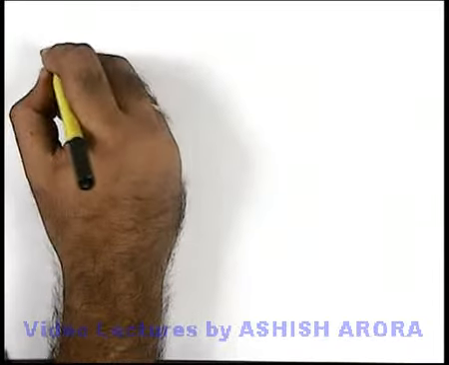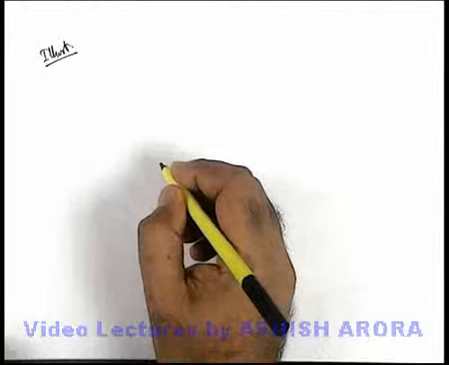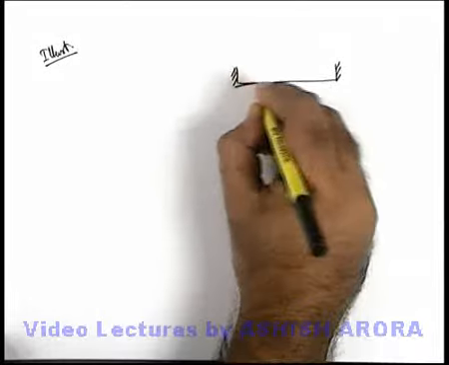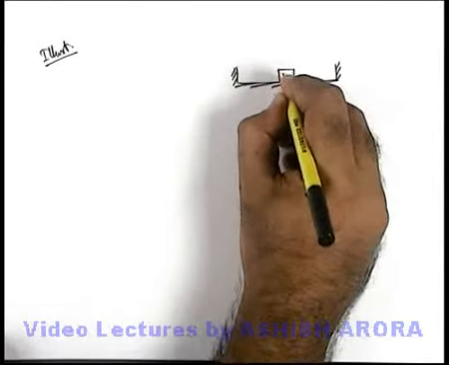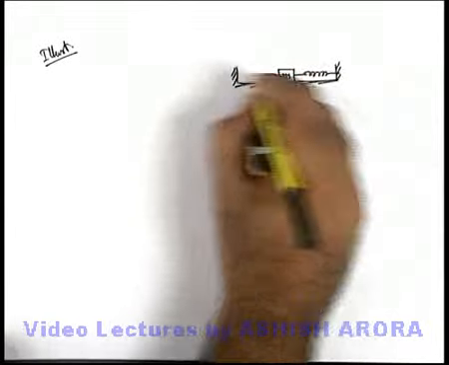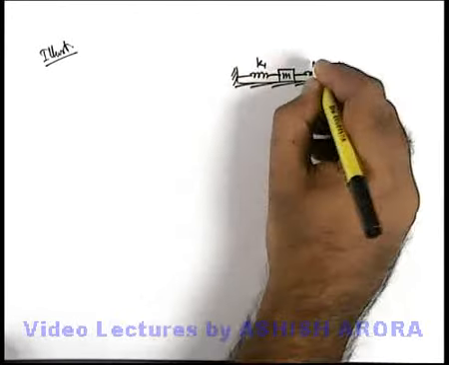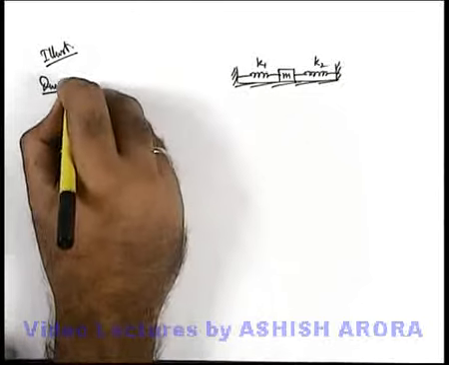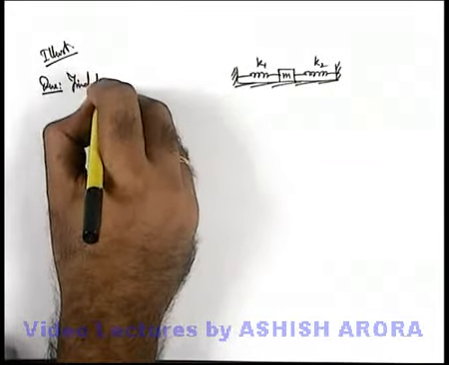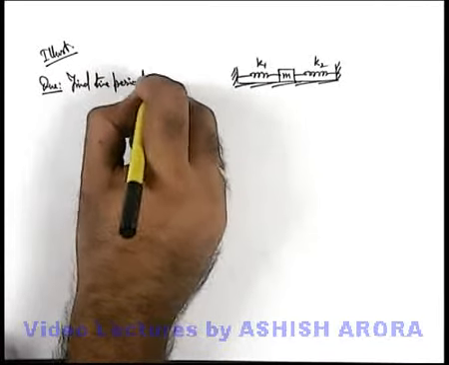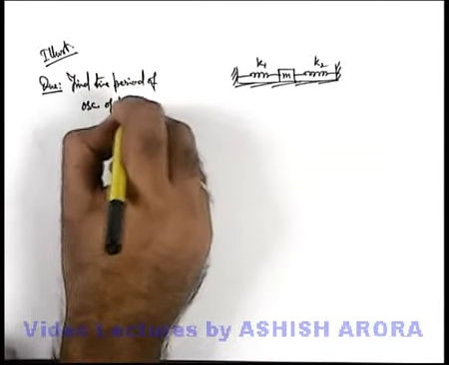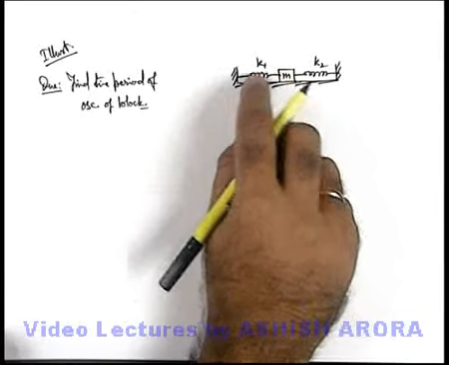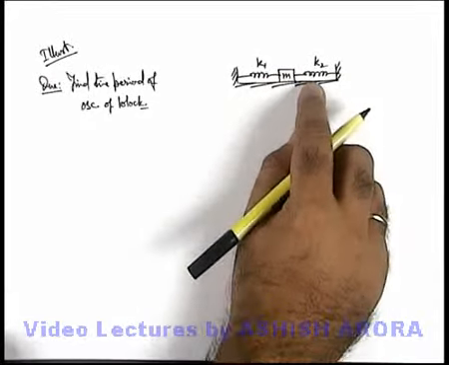Let's have another illustration to understand the logic of spring combination. Say we are given a situation in which a block of mass m is placed on a smooth floor and connected to two side walls with the help of two springs having force constants K1 and K2. We are required to calculate the time period of oscillation of the block. The block is slightly displaced and released, and it will oscillate under the influence of both the springs.